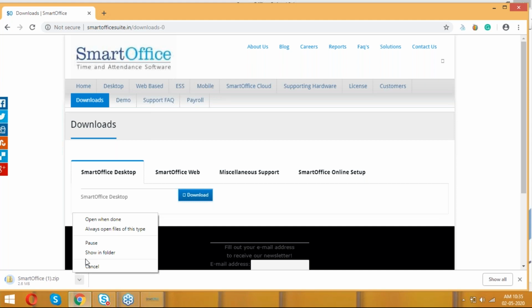As already suggested, don't keep the downloaded Smart Office files in downloads, in the C drive, or on the desktop. Once the Smart Office desktop application is downloaded, copy the downloaded file and keep it in another folder, so that you don't get any permission issues.